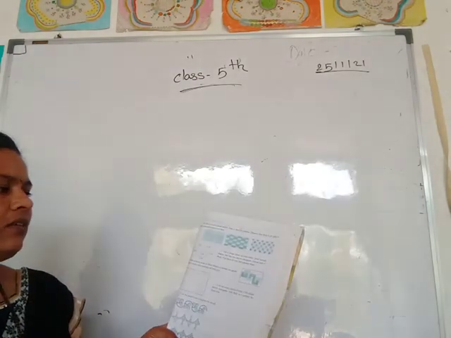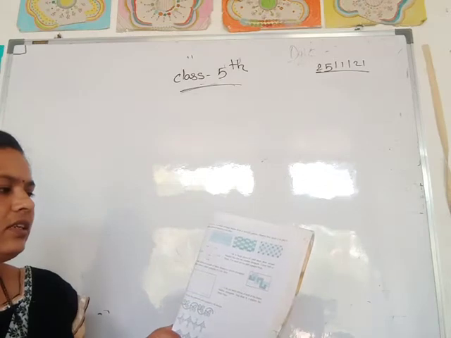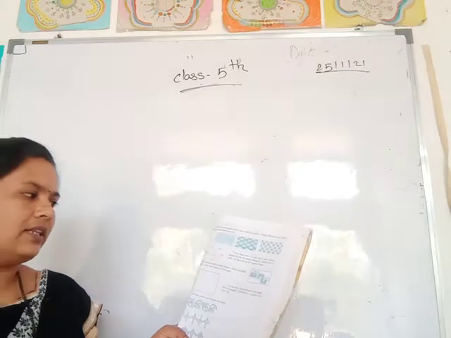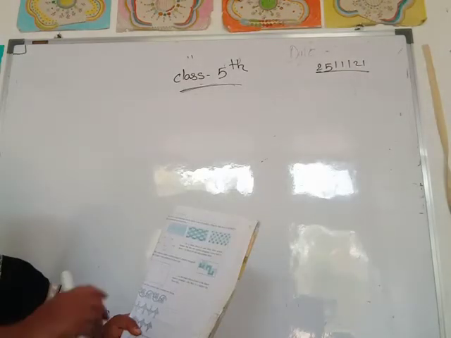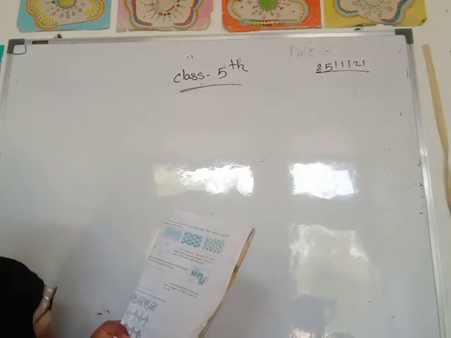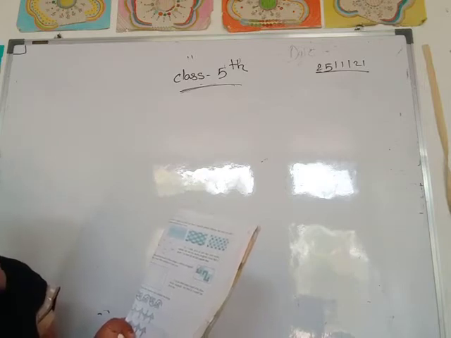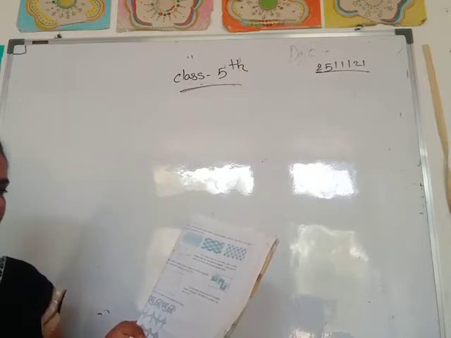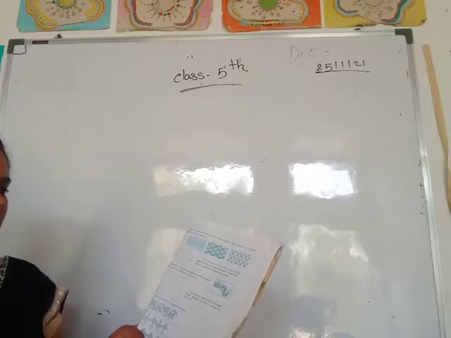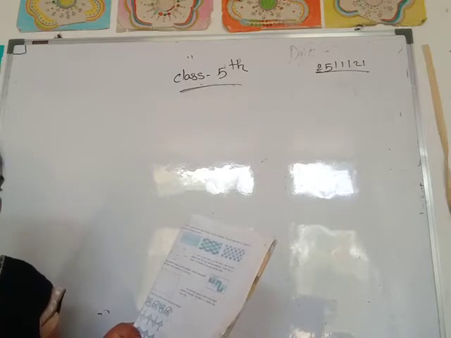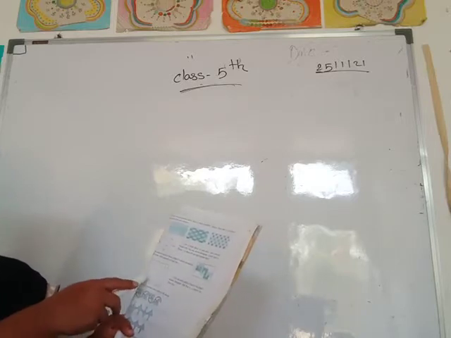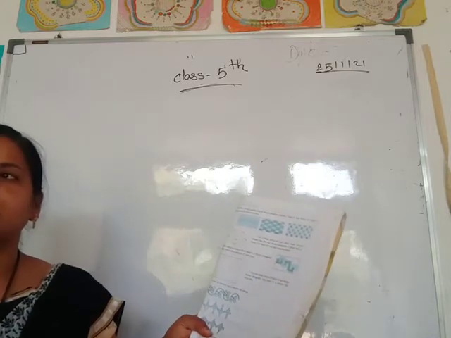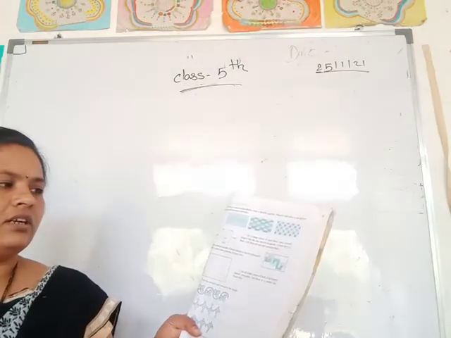Then the next one: on a large piece of card sheet, draw several shapes like this one shown alongside. Color half of them, cut them all out and separate them. This is one pattern made of these shapes, each shown alongside. Make some patterns of your own. Here a pattern is given, and you draw some patterns of your own.